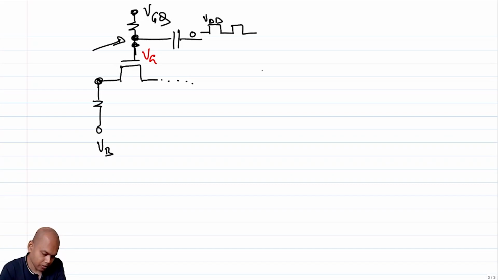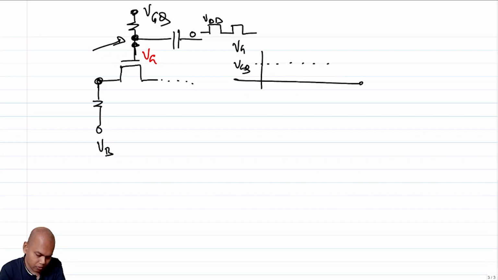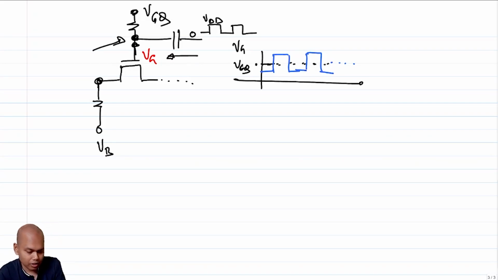Your VG will be somewhere around VGQ, going up and down VGQ, right? But how much will it go down below VGQ and how much will it go above VGQ? How will you decide? The only way to decide is to understand the fact that the DC current to the capacitor is 0,